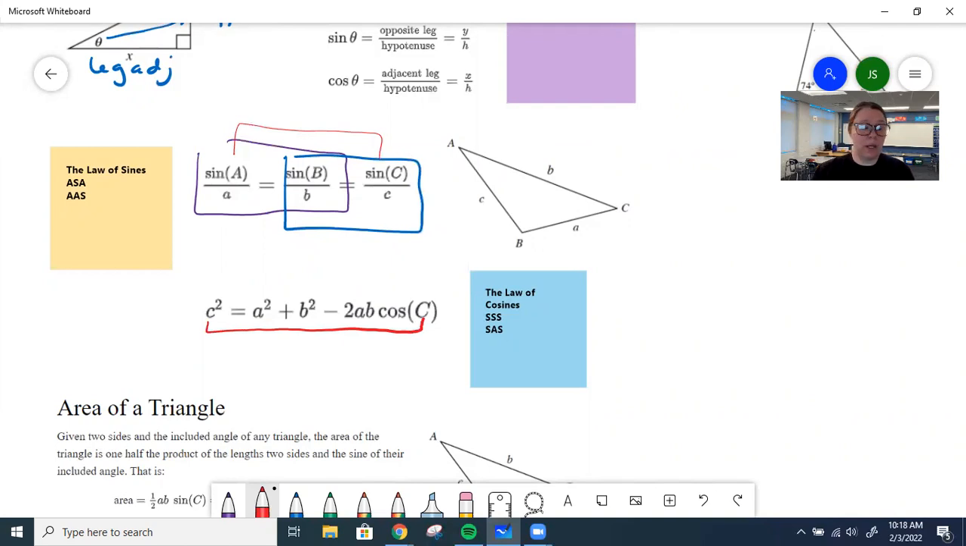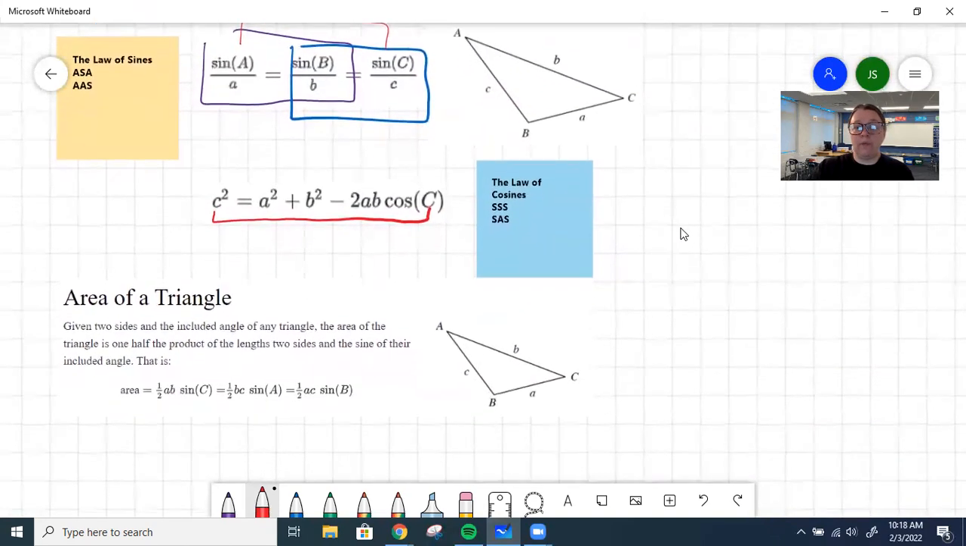So this right here is just the angle we know or want to find, whatever letter it is. This is the side across from it, right? And then these are the other two sides. Okay, and then the other thing that we came up with during class was an alternate formula for the area